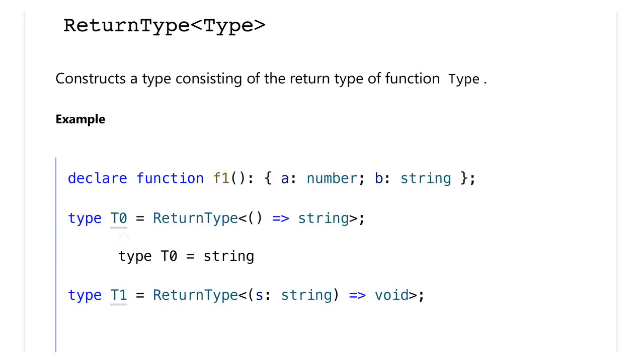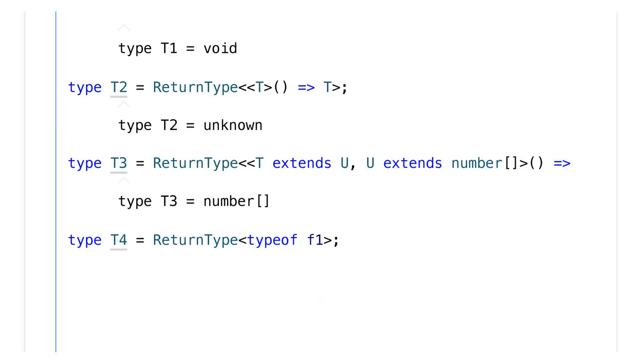ReturnType. Constructs a type consisting of the return type of function type Type. Example. declare function f1(): { a: number; b: string }; type T0 = ReturnType<() => string>; type T0 = string. type T1 = ReturnType<(s: string) => void>; type T1 = void. type T2 = ReturnType<<T>() => T>; type T2 = unknown. type T3 = ReturnType<<T extends U, U extends number[]>() => T>; type T3 = number[]. type T4 = ReturnType<typeof f1>;